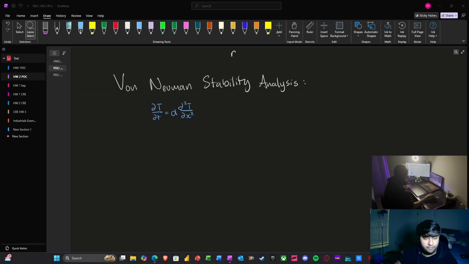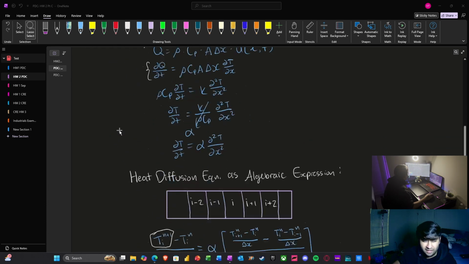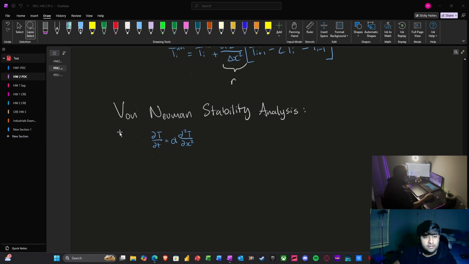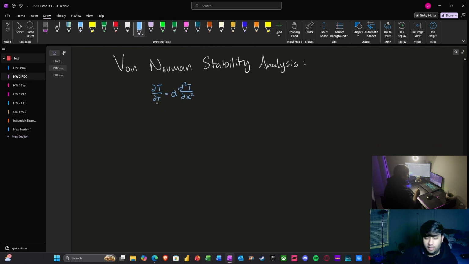Okay, so for the fourth part of this homework, we're going to be using the von Neumann stability analysis to basically explain why we saw that instability after 0.5 when we were doing the coding. So this is going to help clear that up. So first I already have the equation that we need that we found before, which is dT over dt equals alpha times d squared T over dx squared. And then we're going to